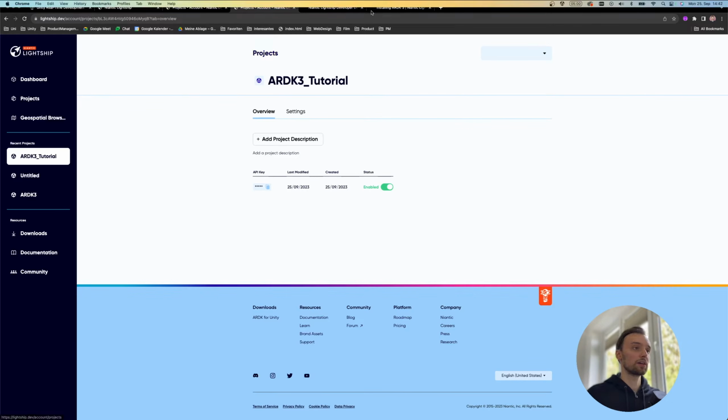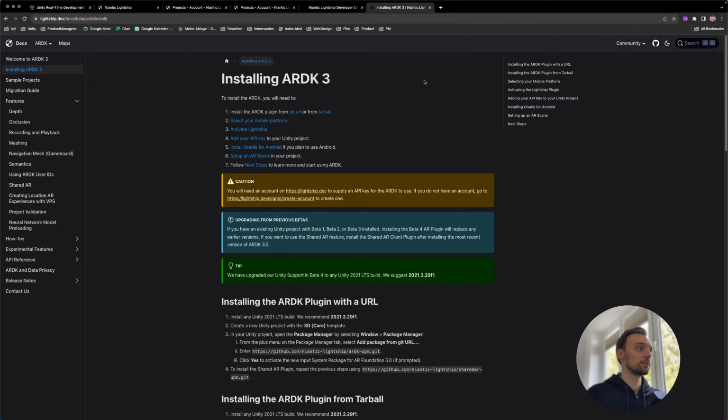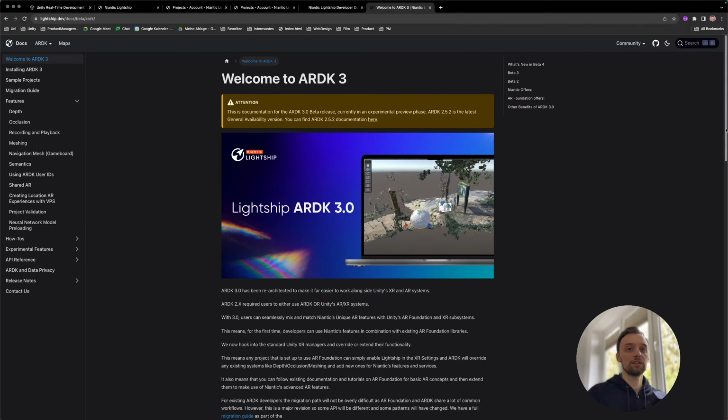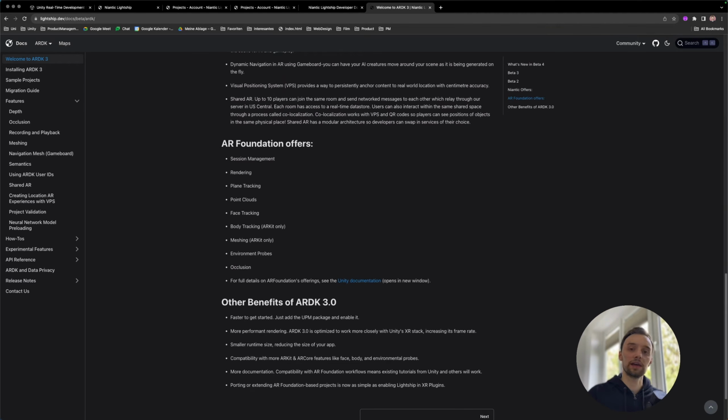So the Lightship ARDK, as it's already shown here, is basically an addition to the standard AR kits, the AR add-ons that we use, which are ARKit and ARCore, combined in AR Foundation in the Unity engine. So we have some basic features here and some more advanced features in the ARDK 3, which seamlessly integrate with each other, and it's also the same on Android or iOS, which makes it quite easy to develop cross-platform